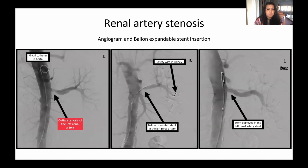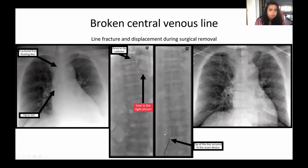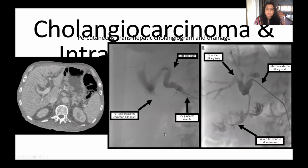The next case I want to talk to you about is cholangiocarcinoma. I'm sorry, it seems like my slides are not working very well there. This is a 67-year-old gentleman who presented with biliary sepsis and was very unwell. He had a background of duodenal cancer. He was treated initially successfully, now he's recurred. So the initial CT shows there's extensive biliary tree dilatation. On the CT you don't see it, but he's got a recurrence of the duodenal cancer, which is causing the